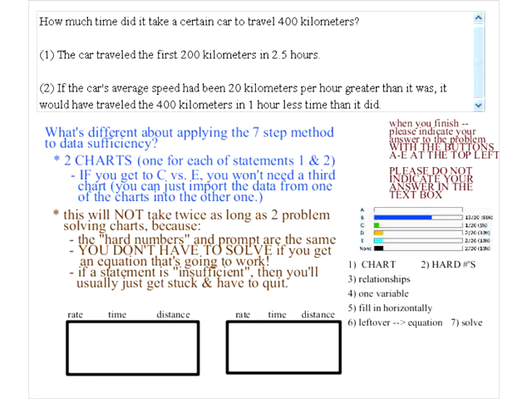The first 200 and last 200, for the first one, yeah. So for statement 1, you've got first 200 and last 200, but not for the second one, because the second one doesn't have any of that. So who knows how to label the second? Yeah, the second chart is actual versus hypothetical.